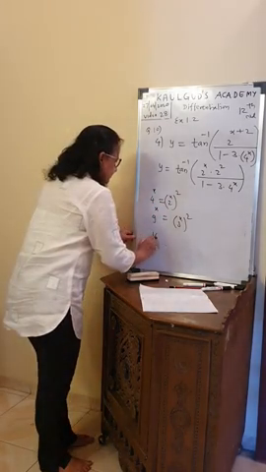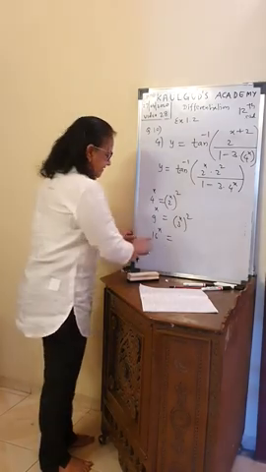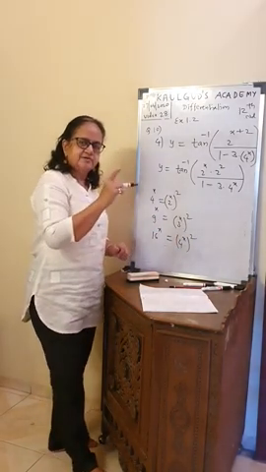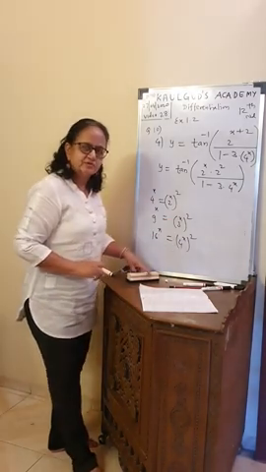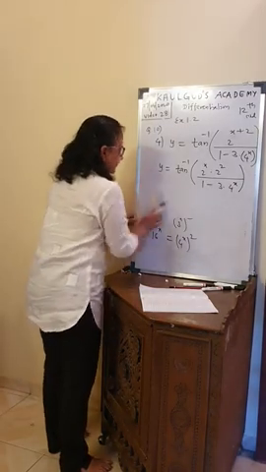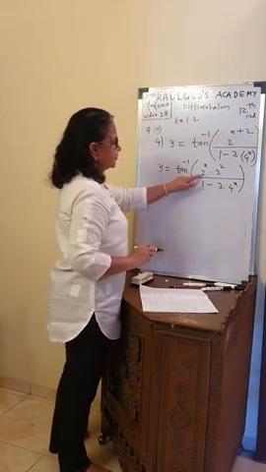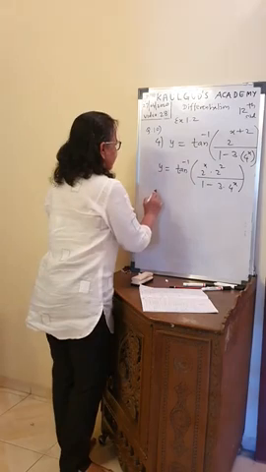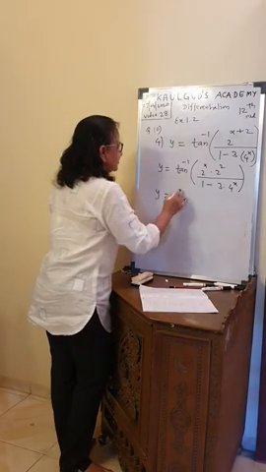If you got 16 raised to x, how will you write? 16 is the square of 4, so 4 raised to x and a square. 100 raised to x, 10 raised to x and a square. So keep that in mind. Okay. So numerator, if I have 2 raised to x, here I have 2 raised to x and a square of it. Let us write that. Then you will get the clue how you are going to adjust.